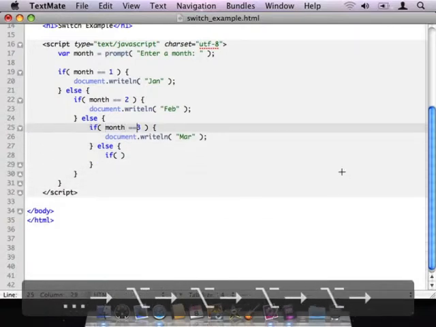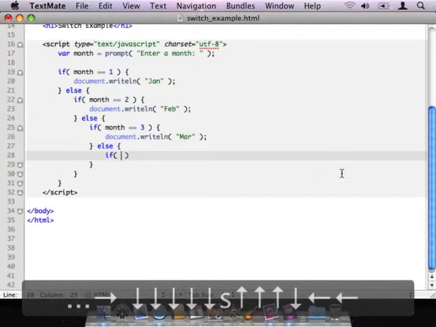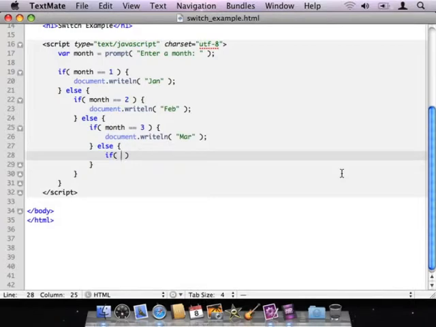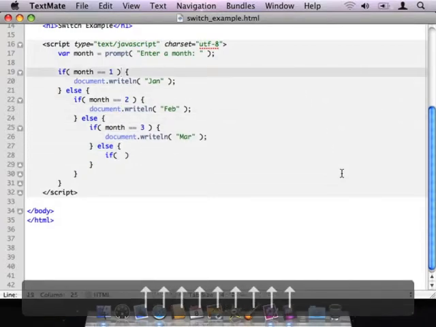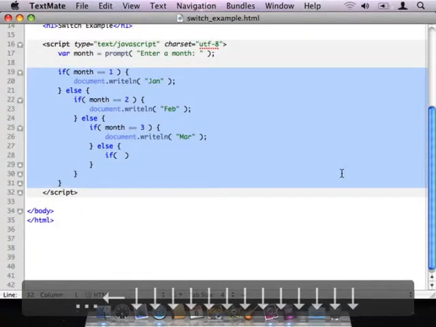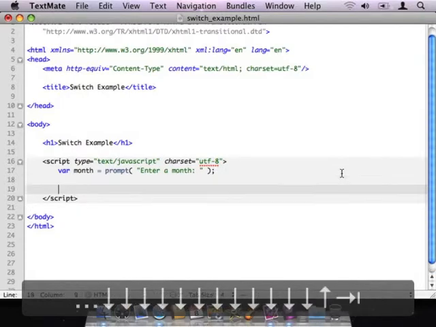Just saw a place where I wish I'd put in a space. There we go. But it certainly could be done. It certainly could work if we did it that way. But it would be long, it would be messy, and maybe not the best way to get all of this put together. So what I could do instead is replace that particular set of if-elses with a